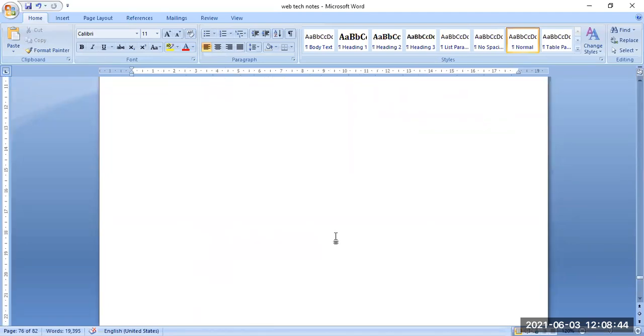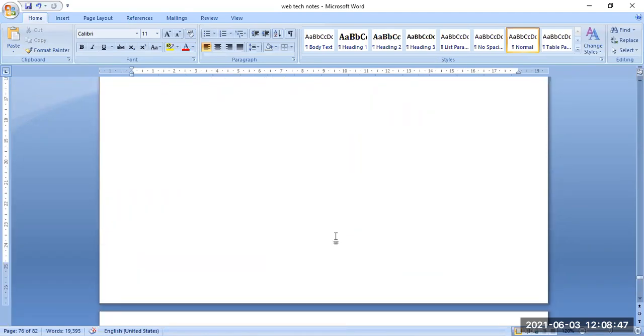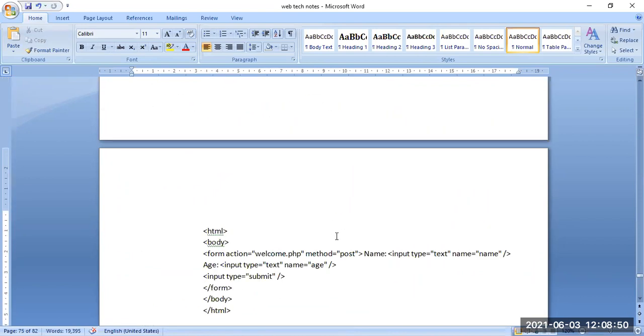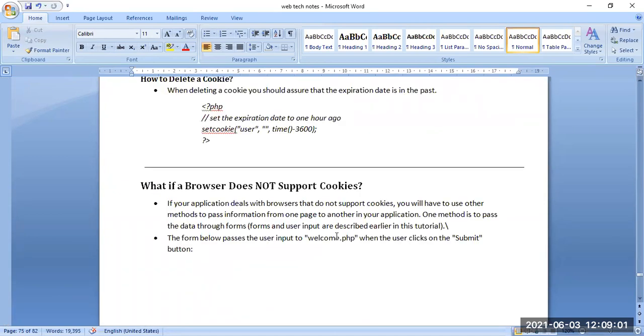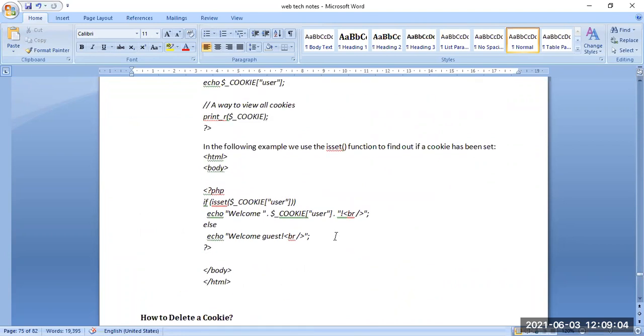So up to this, we will discuss today. In the next part, there is a new topic, how we can connect the databases in the web. After this topic, we are going to end for today. Here we have discussed cookie sessions, how to create a session, how to delete a session, how to create a cookie. Now we are going to talk about how to create a database and how to add a database in the web. That will be discussed in later classes. Okay, so we are going to stop here today.